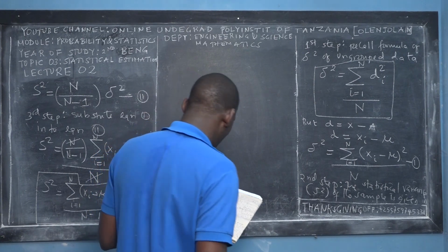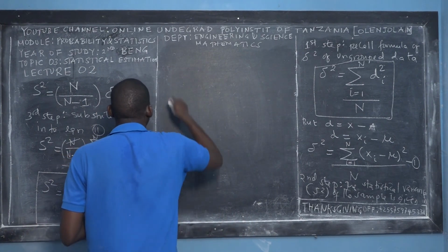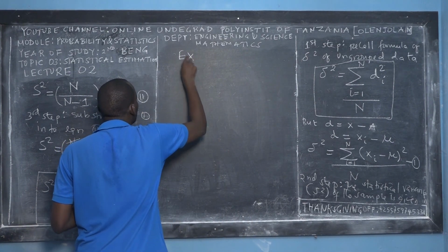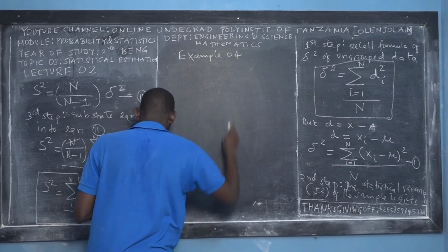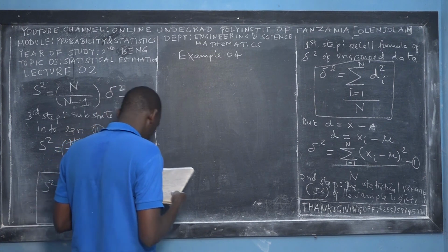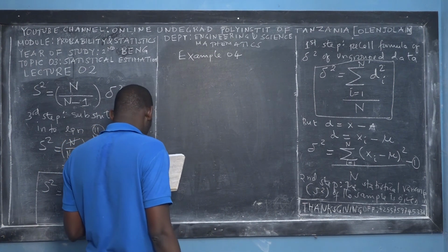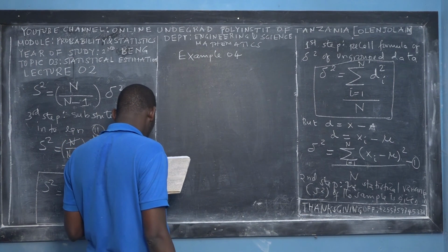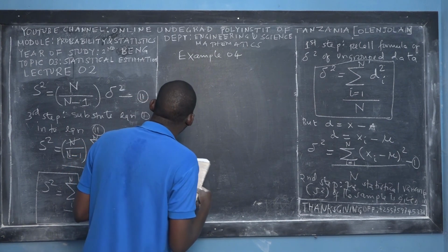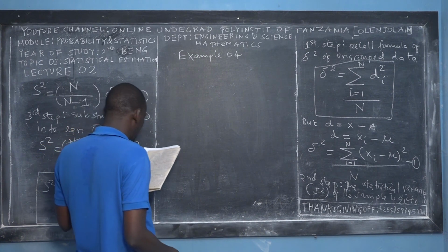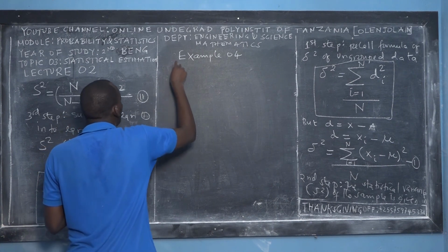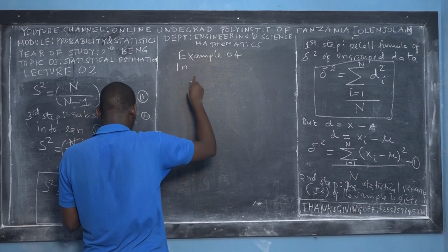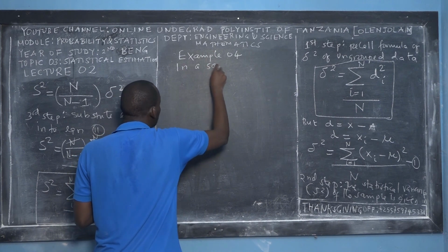So then we have an example, that is example 4. This example 4 has 3 parts: part A, part B, and part C. I'll leave the homework for you, because now you are expert in this stuff. So example 4 states that in a sample